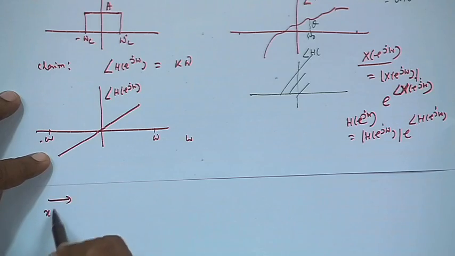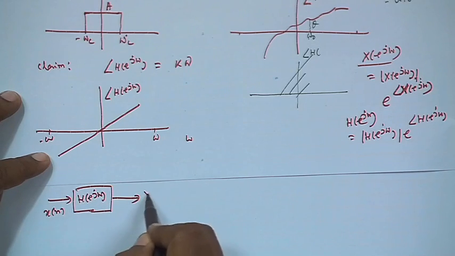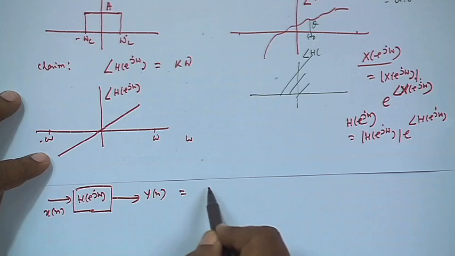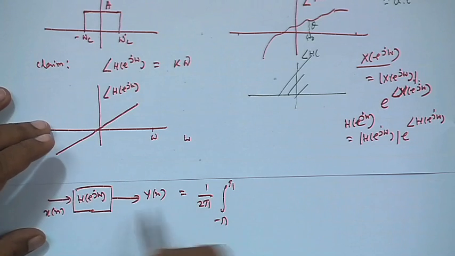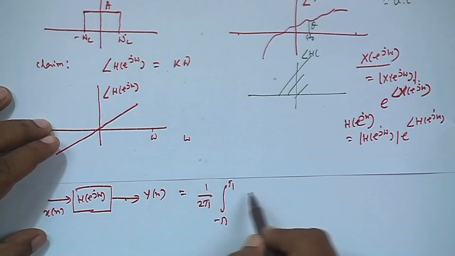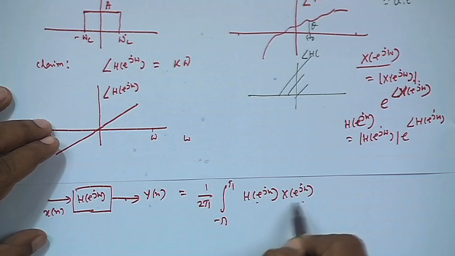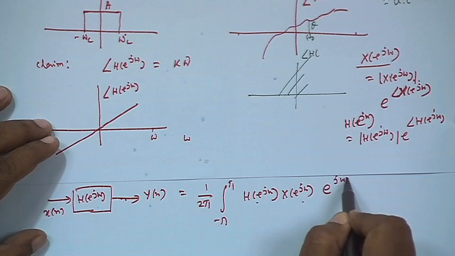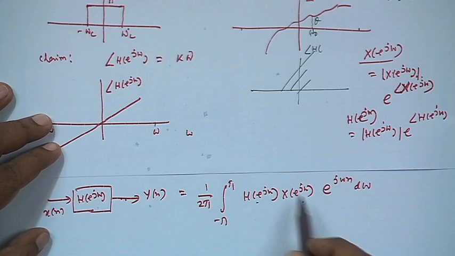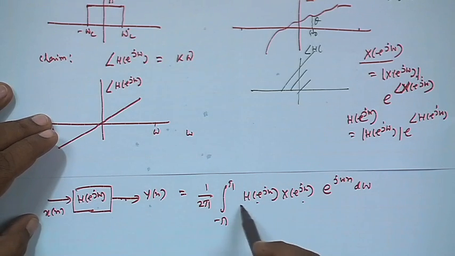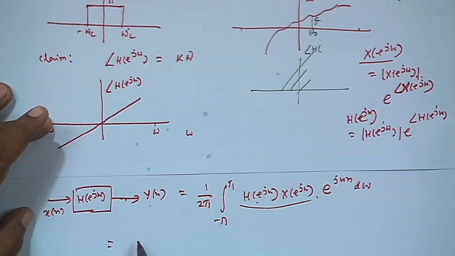Here is your x[n], here is your transfer function H, and here is your output y[n]. So output y[n] will be the inverse transform of the output DTFT. What is the output DTFT? The product of the two DTFTs. The product of the two DTFTs is the output DTFT, and then you require e^{jωn} dω, which is coming from here, your choice. This is the formula. We have seen it earlier also. The two DTFTs are multiplied, there is the output DTFT, that times e^{jωn} dω from minus pi to pi. And now, if you carry out this product,